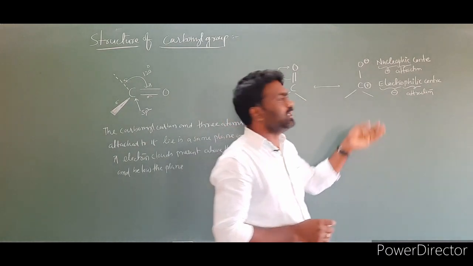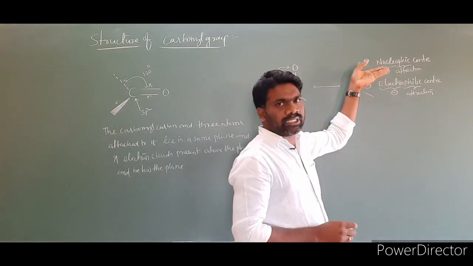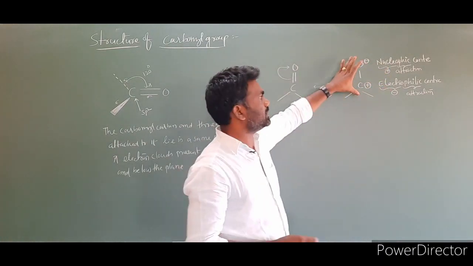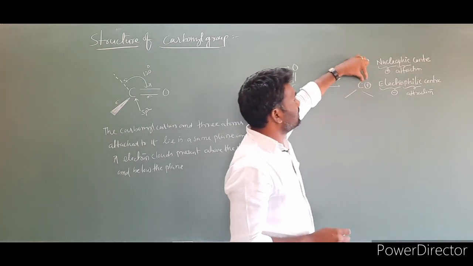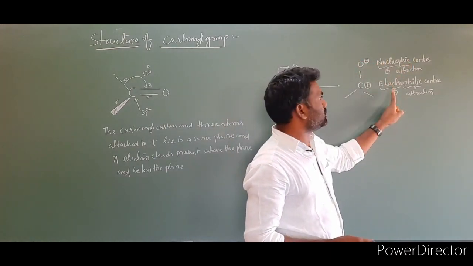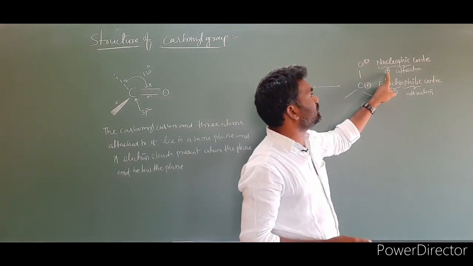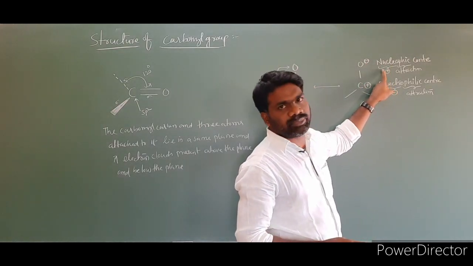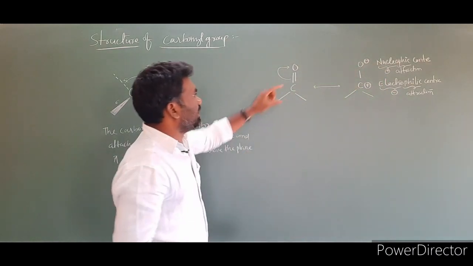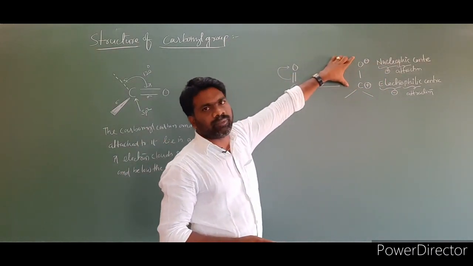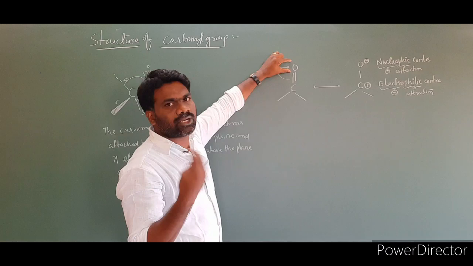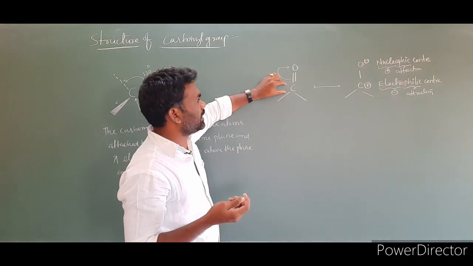Very important point: we will write the properties of these carbonyl compounds based on this point. The carbonyl carbon is an electrophilic center and attracts negative charges, and the oxygen with negative charge acts as a nucleophile and attracts positively charged species. Why is the positive and negative charge developed? Because oxygen is a more electronegative atom compared to carbon.